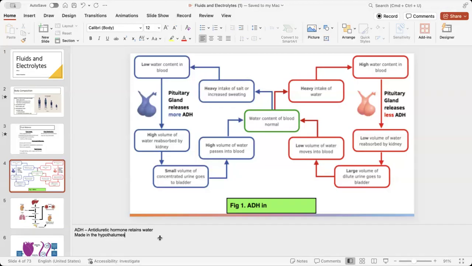Okay, so if you have a heavy intake of salt or increased sweating, okay, take in too much salt, right? You go into McDonald's, you take a whole bunch of food, you're out sweating and you lose fluid, okay? So what's happening? I have all this extra salt. What's happening to my blood osmolarity? It's going up, right? I have all these extra particles, this salt, okay? So I have more salt, more particles, and less water. So what does the posterior pituitary gland do? It's gonna release antidiuretic hormone.